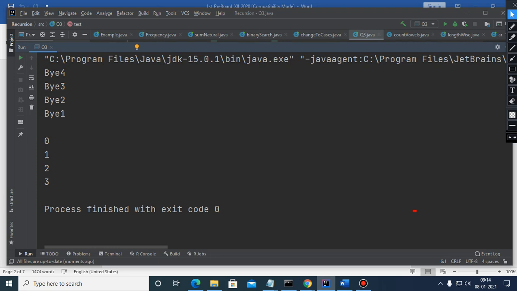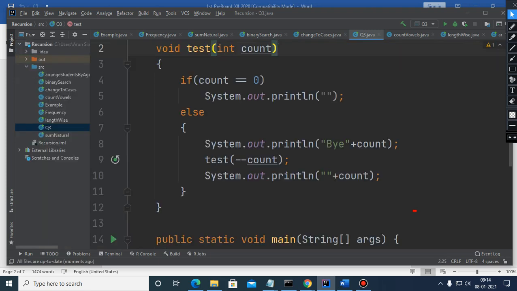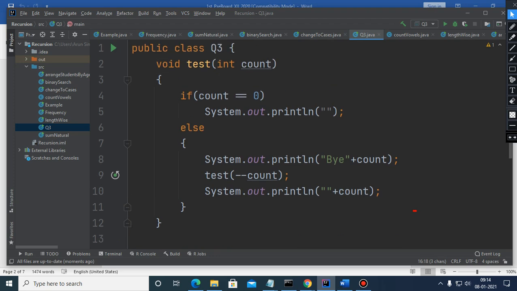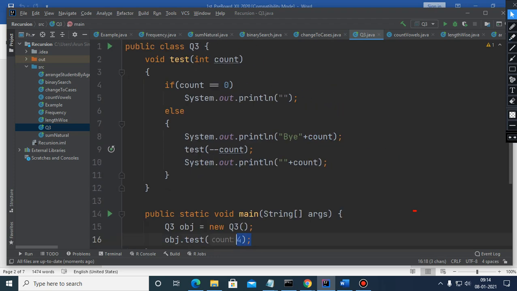Let us see how this output is coming, children. I'm just going to explain it. What is the value which we have passed? We have passed the value 4, right? So now, first of all, in such a question where you can see that the function call is there in between and this statement comes later on, immediately you have to make one stack. If in the working you could show this, the examiner will be very happy.